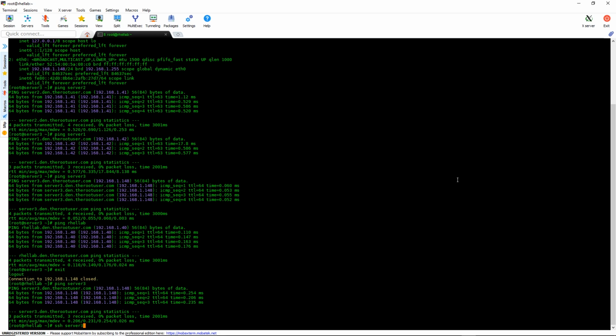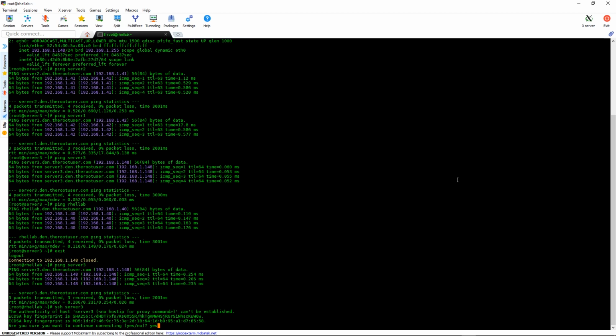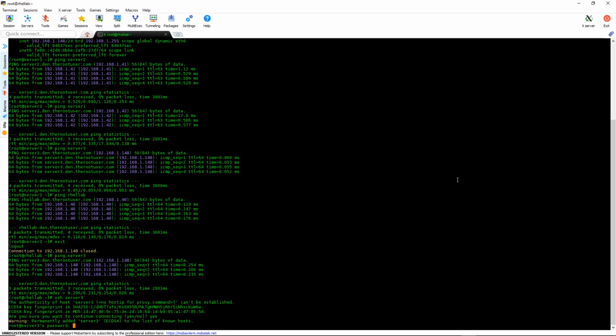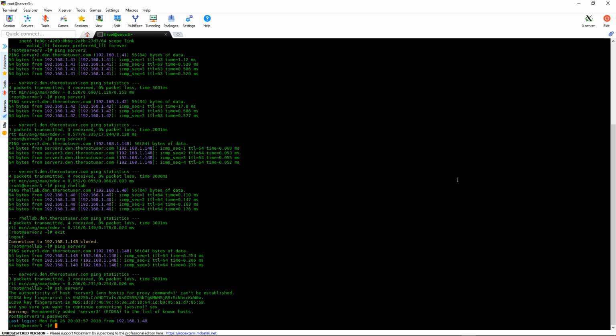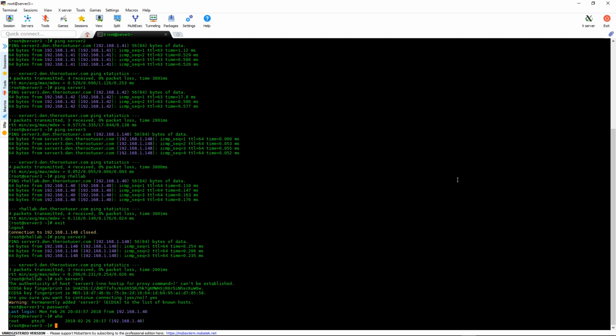Let's SSH into server 3. Say yes to accept the key. Type in the password, everything works okay. Okay, our server's up and running, and it's in